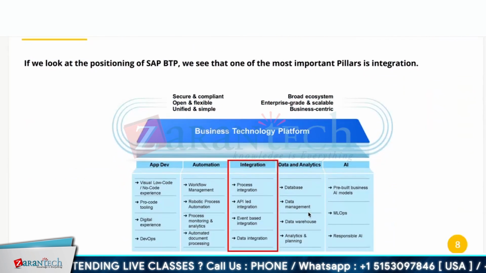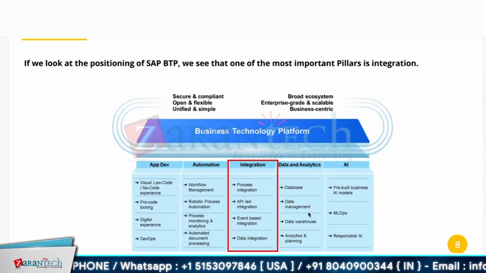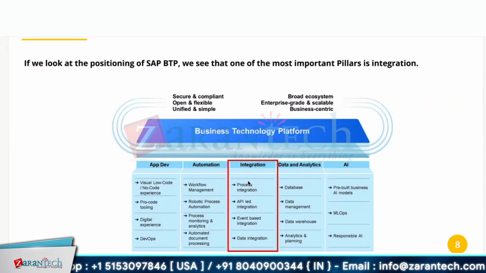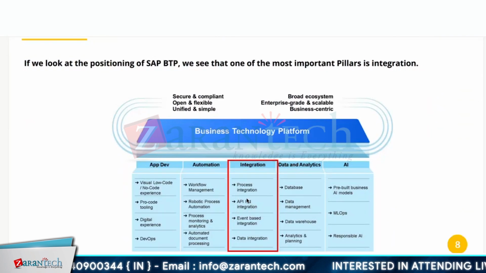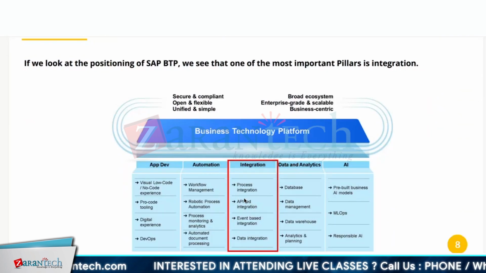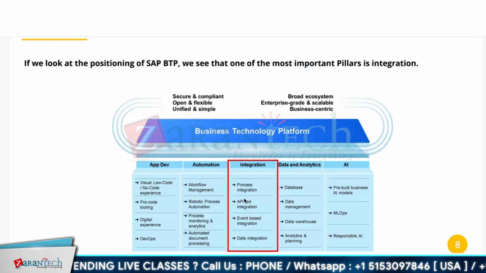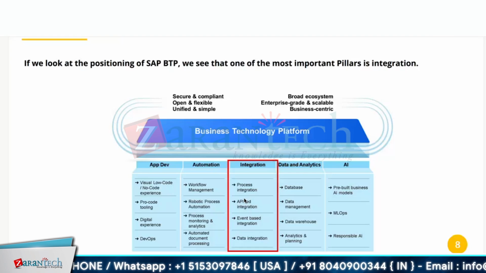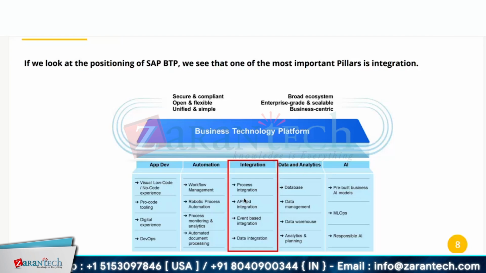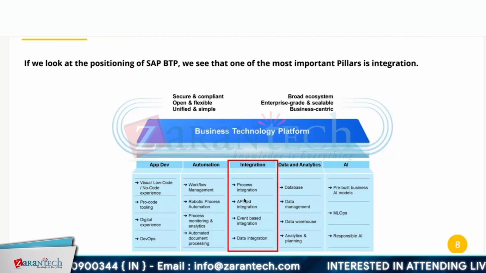Then coming back to the BTP core services, when it comes to integration, we have process integration, which is nothing but your CPI. We are API-led integration. There are two ways. One is SAP Graph, another one is SAP API Management. So SAP API Management can be exposed to the outside world because all these APIs are going to be publicly available in the network, to your local network or your outside network. Anyone can consume that.